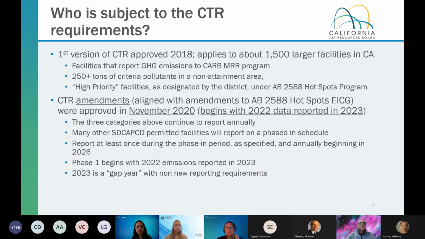Regarding who's subject to the requirements of CTR, there are two versions of CTR. The first version was approved in 2018 and applies to a smaller set of larger and more impactful facilities in California. There were three categories specifically identified in the statute, and that includes facilities that report GHG emissions directly to